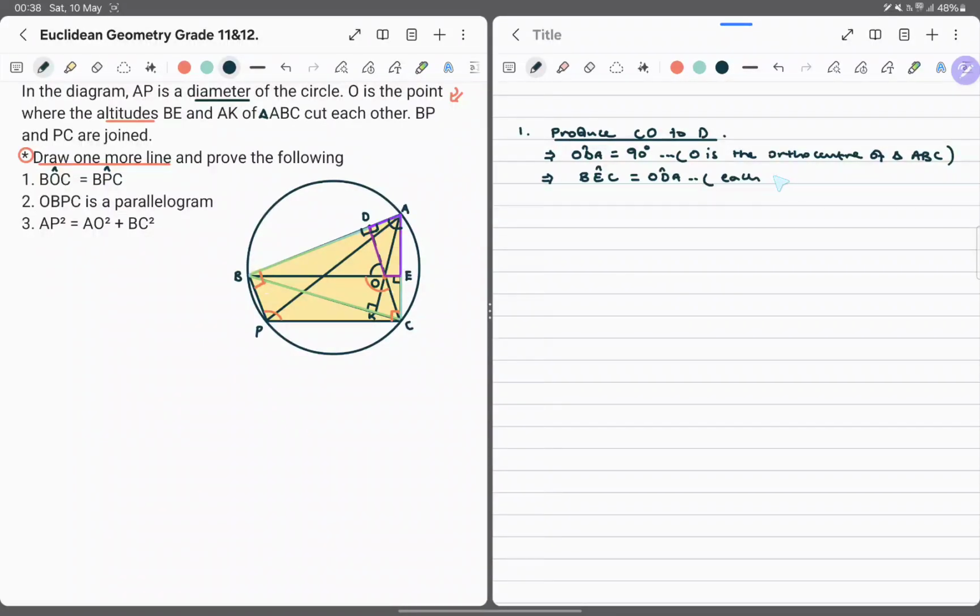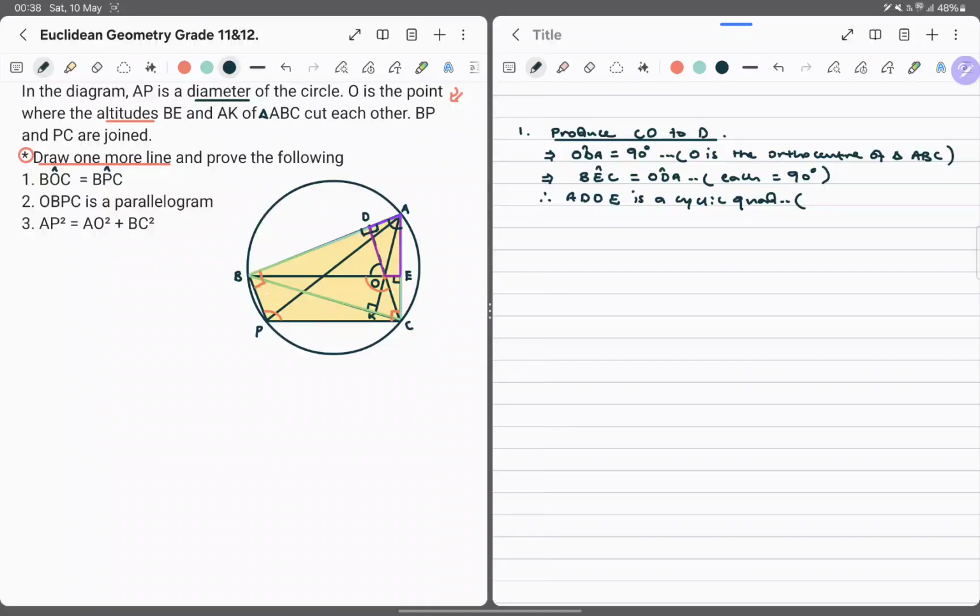We know that it's because each is equal to 90 degrees. That's why we know. So therefore, ADOE is a cyclic